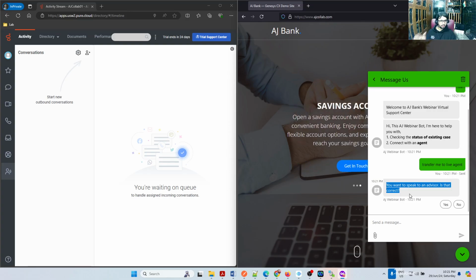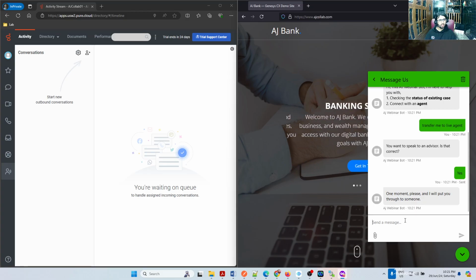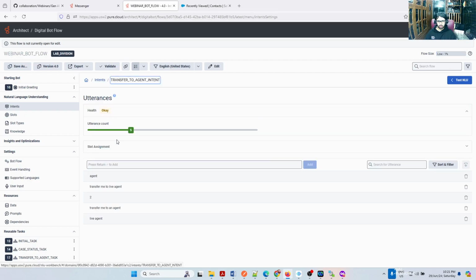This is an exception. Do you want to speak to an advisor? This is a default exception. When I say yes, it wouldn't transfer actually. One moment, I'll put you through. It stops there. To do this exception transfer, I need to do that on the inbound flow, which we will go to, but I wanted to see why it is not actually taking the intent. So we'll go back to the intent, and this is the intent which you are testing.